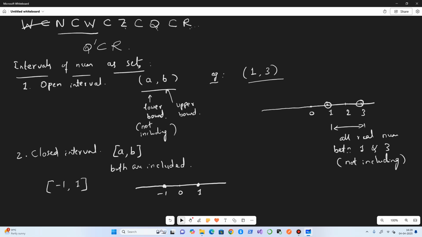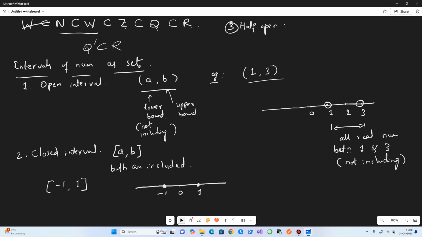Okay. So the third one is half open. In the case of half open, one of the lower and upper bounds is open and the other one is closed.